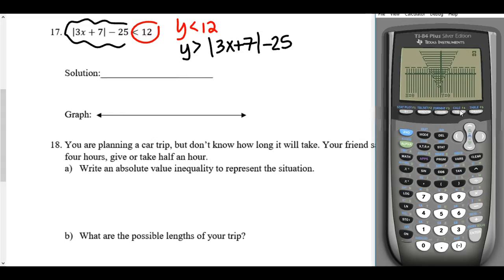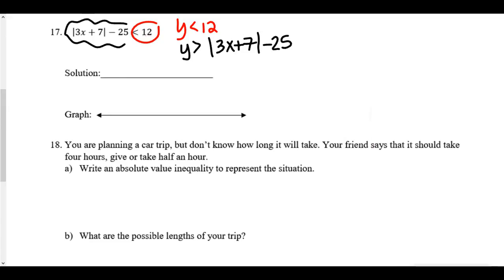So I'm going to go to second calc. I want the intersect. I'm going to move my blinker over here close to where they cross on the left, and I hit enter, enter, enter, and it says they cross at negative 14.66666. So I should realize that's negative 14 and 2/3. Hopefully we know that. If not, you can put the decimals. Negative 14 and 2/3. Now when I'm plotting this on my number line, this was just a less than. There was no equal to, so that's going to be an open circle. And I know I'm going to be shaded in between. When I'm writing this as an inequality, I'd have negative 14 and 2/3 is less than, oops, no equal to, sorry, is just less than